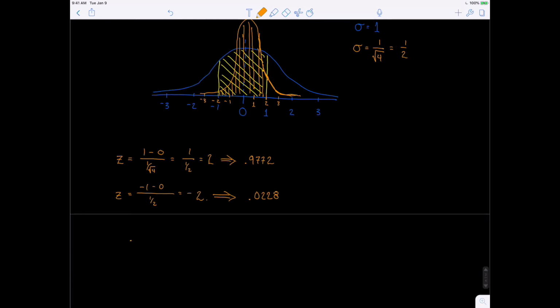If I take 0.9772 and subtract 0.0228, then taking my TI-84 here, let's put that in. I get 0.9544. So now it's taken all the data that used to be between 1 standard deviation above and below, and